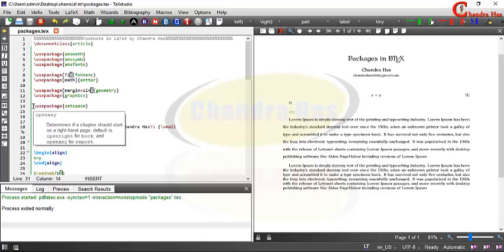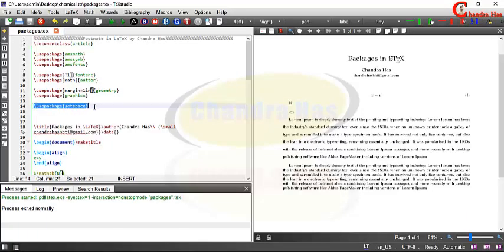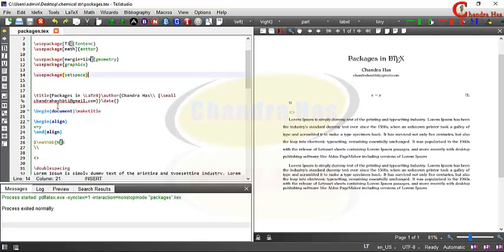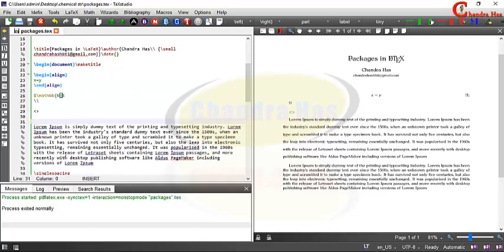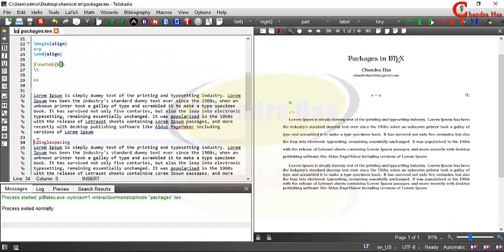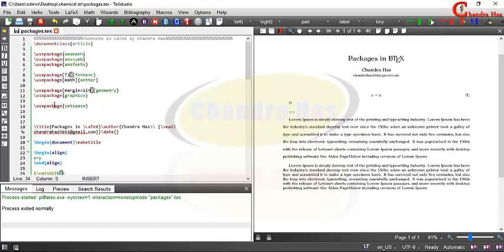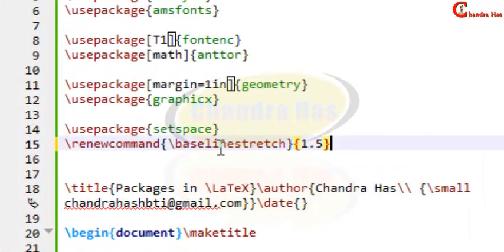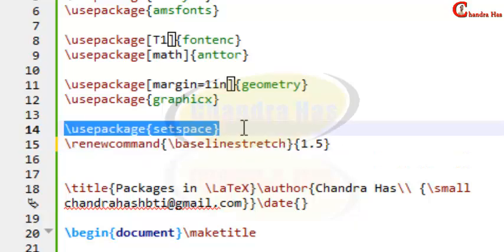The other option is that we can use the renewcommand rather than setspace. So if I remove these two commands, singlespacing, here I can use the renewcommand, baselinestretch and 1.5 spacing, and I can remove this.